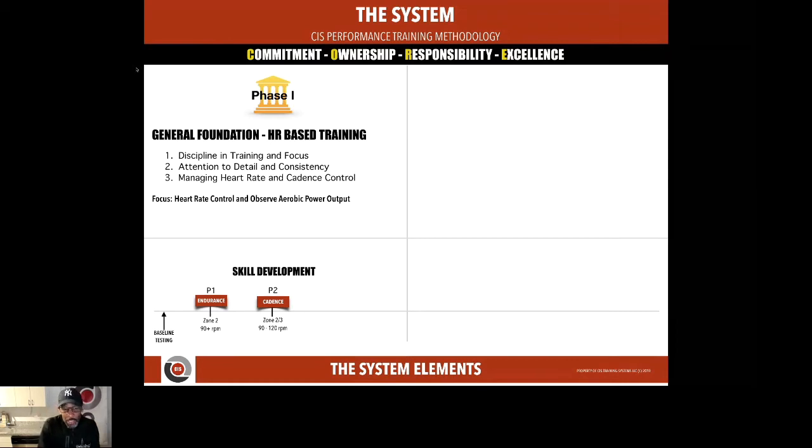One of those questions that we asked in our poll was, can I hold cadences of 120 plus RPMs with no difficulty? Well, the key thing here is to learn how to spin up and to accelerate when we need to accelerate. Third phase is